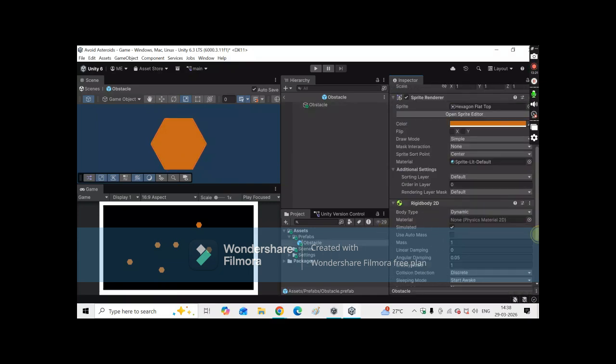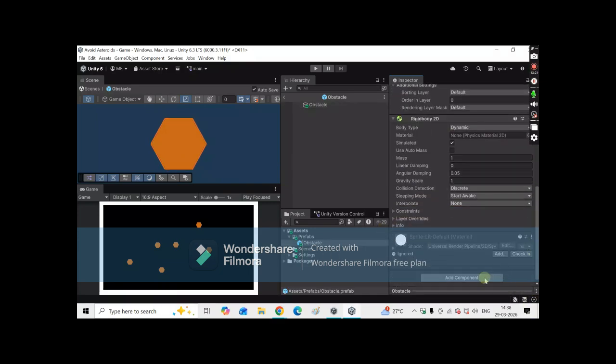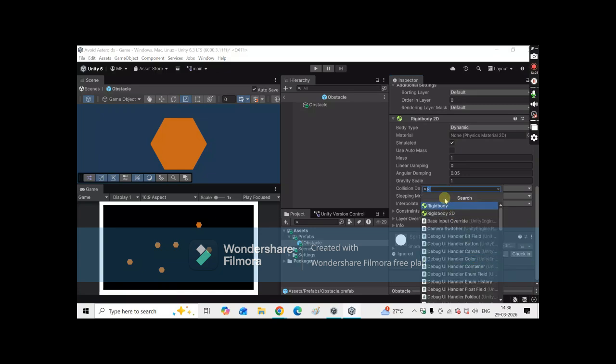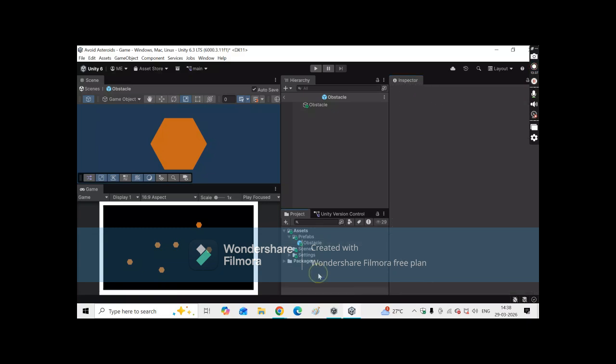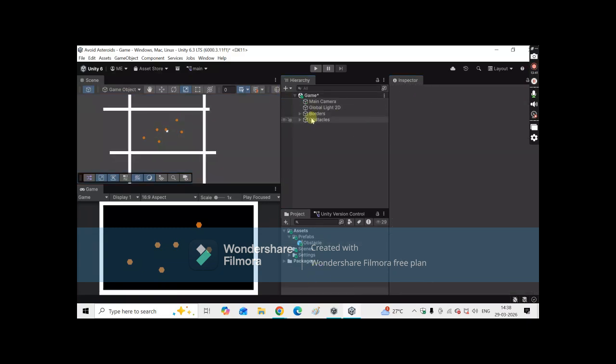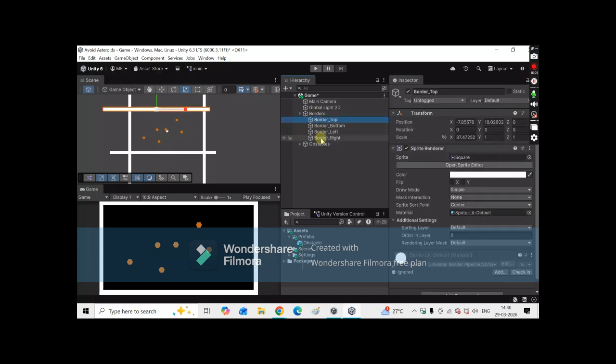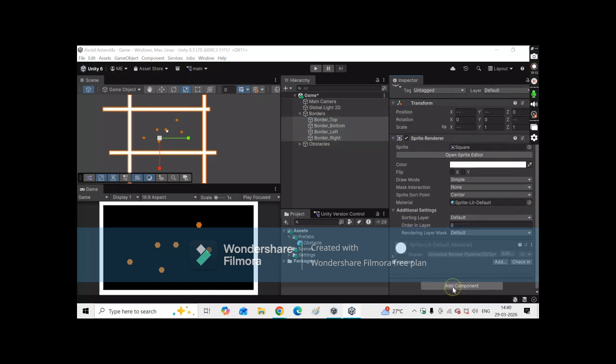We will add another component known as Polygon Collider 2D to obstacles. So we will select all the borders from border top to border right and add a component known as Box Collider 2D.